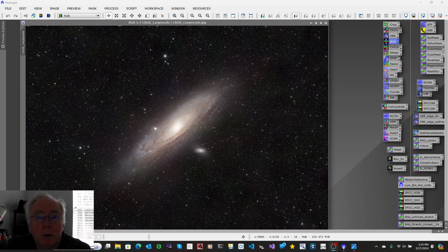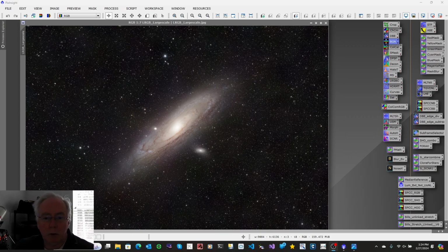Again, what we're going to do is look at processing M31. Yep, that's the image you see in front of you. So we're going to go from the masters. We have 4 masters: the Luminance with red, green and blue. They've already been shot by a friend of mine. And we're going to take a look at these and try to turn them into an image like you see